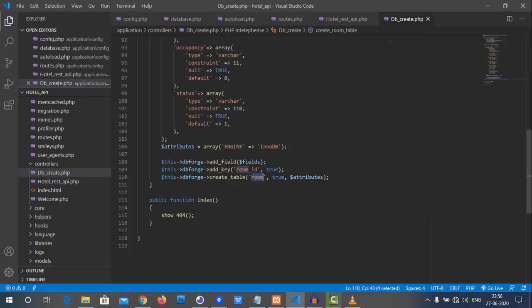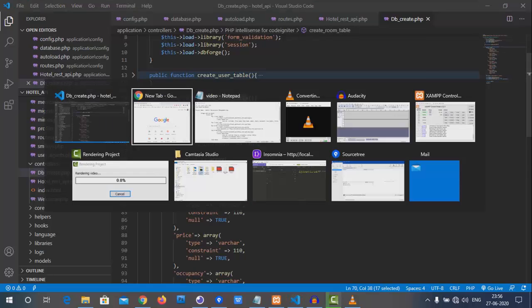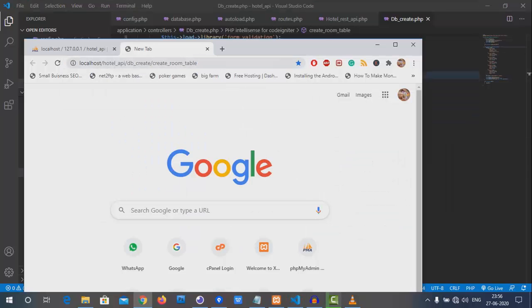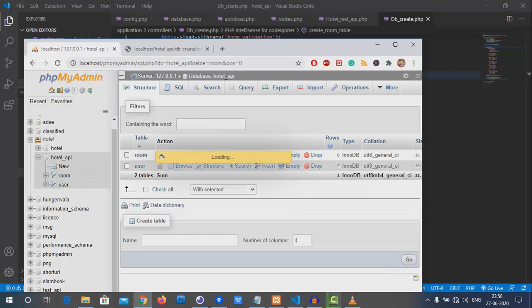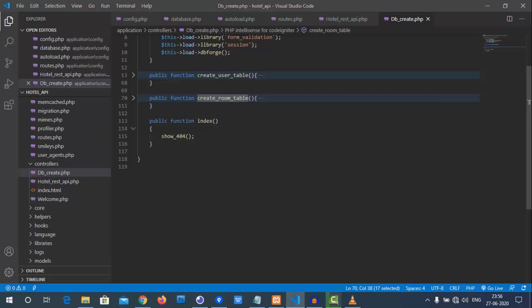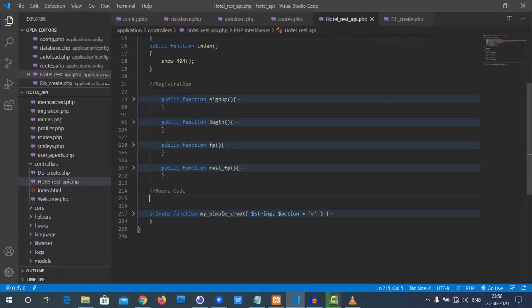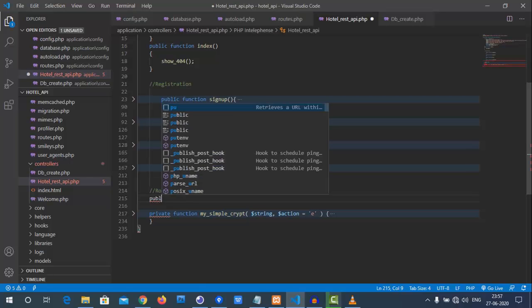So 0 in occupancy indicates the room is free and 1 indicates the room is filled. One means the room is occupied. This is a simple case we need to understand. That's it. And the status, anytime he can delete it. So here the DB auto increment value is the room ID, incrementing, which is the unique key, and the table is room.